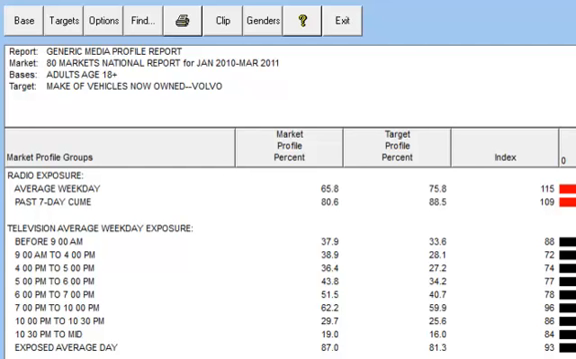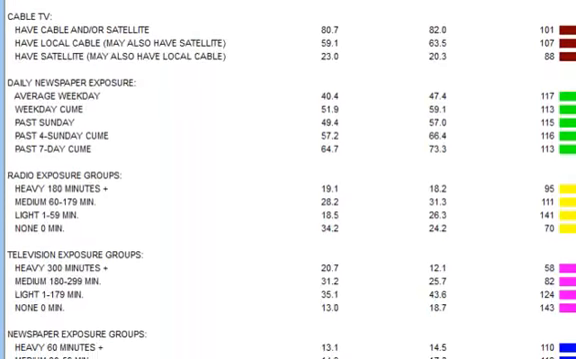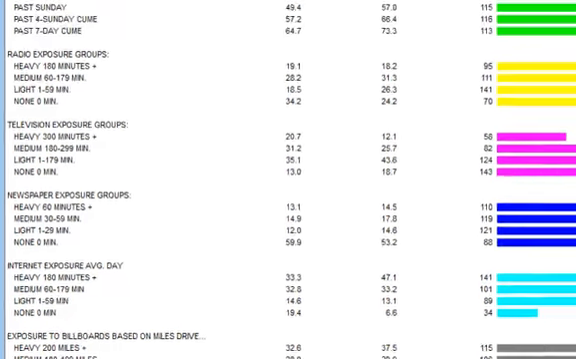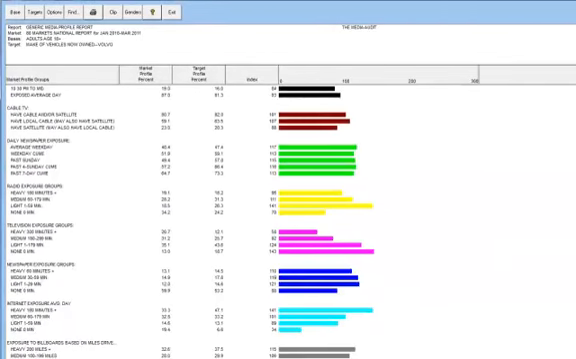then conduct your analysis. Here you have a generic media profile report for Volvo owners, illustrating the exposure rate to different media types, including radio, television, cable, newspaper, billboards, and the Internet. You can learn more about how to create and interpret generic media profile reports in the tutorials section of our